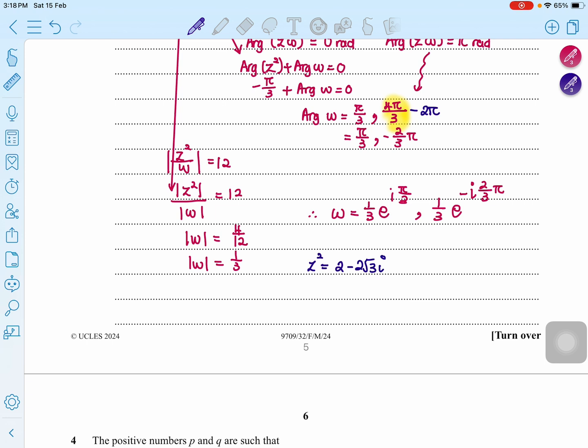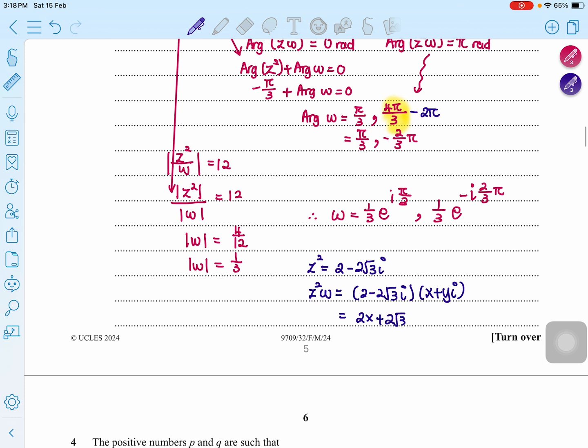So what you're going to do is z squared omega now. So 2 minus 2 root 3 i and then x plus yi. So expand this. It will give me 2x, I'm writing the real parts first, plus 2 root 3 y. This is my real component. Okay, how do I get the real component? You take this part, multiply with this, the first 2 and then these 2 here. And if you do the remaining parts, you will end up with your imaginary. What is the imaginary? 2y and then minus 2 root 3 x